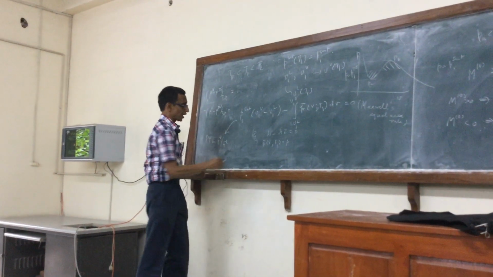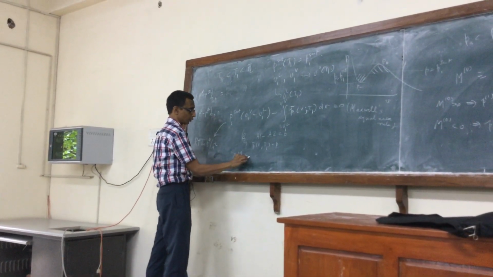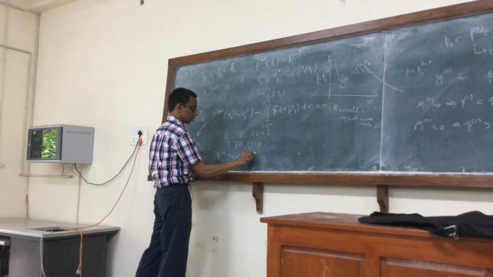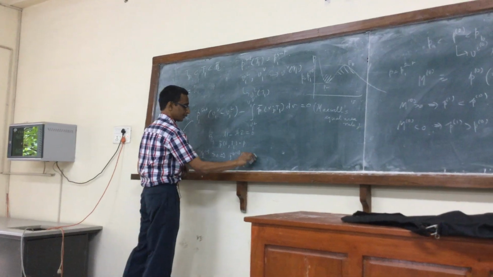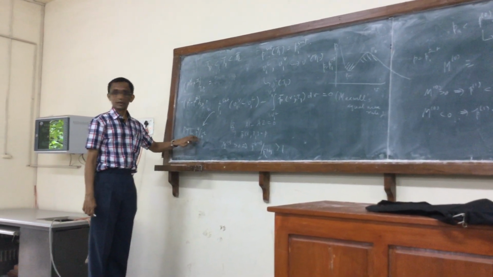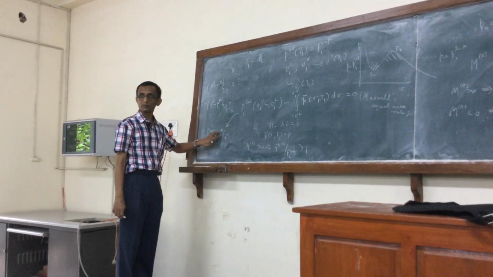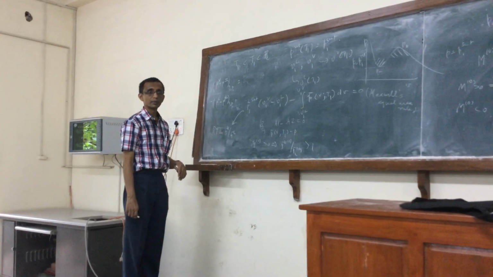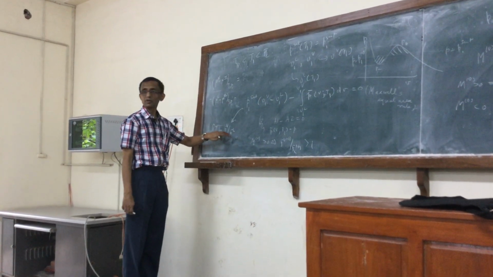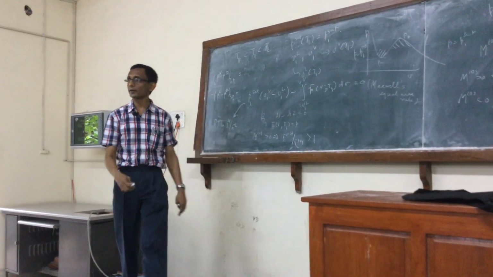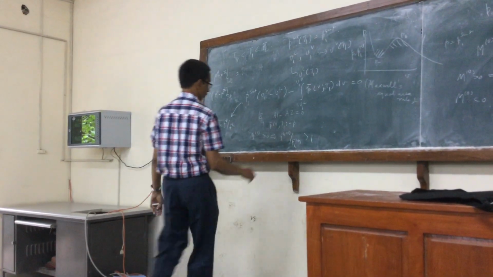And for instance, now we can translate the fact that if M naught is greater than 0, then what does it imply? It implies that Fv naught by Fl naught is actually greater than 1, because this is greater than 0. So the sign of RT logarithm, which is equal to M, actually comes from the logarithm of Fv by Fl. If this is to be greater than 0, then this ratio has to be greater than 1. If it is less than 0,